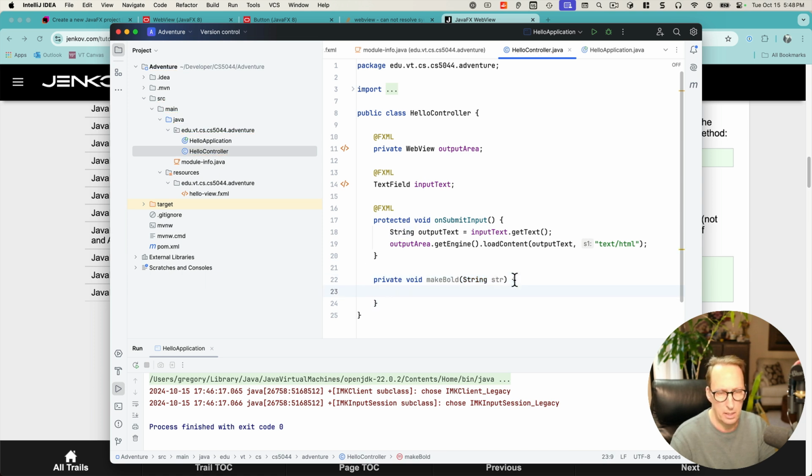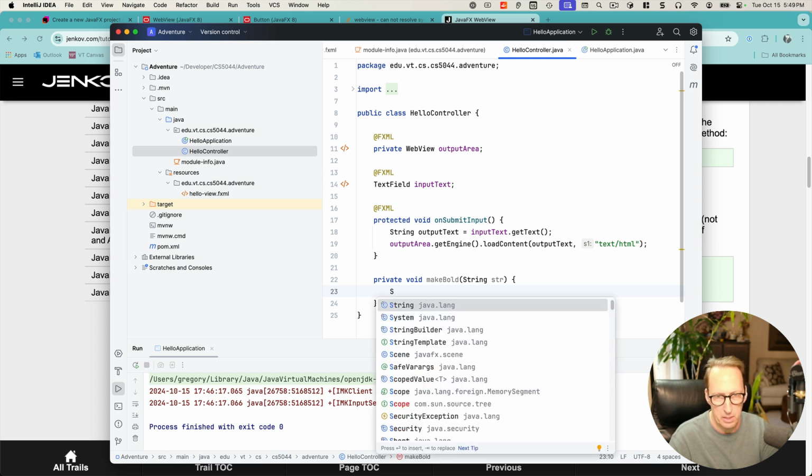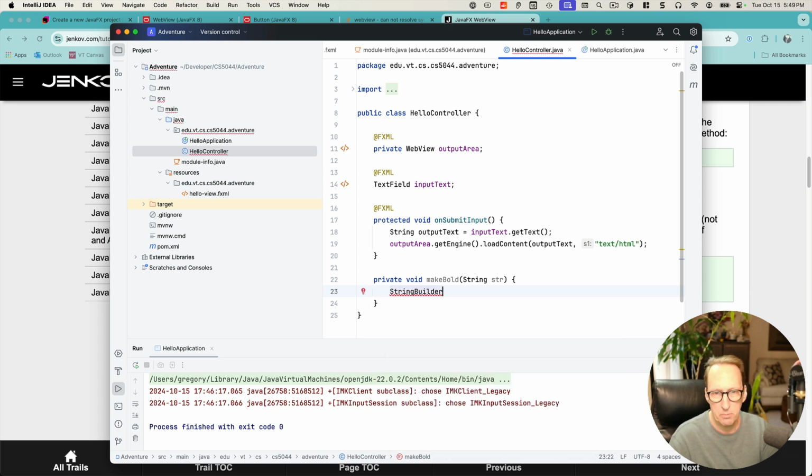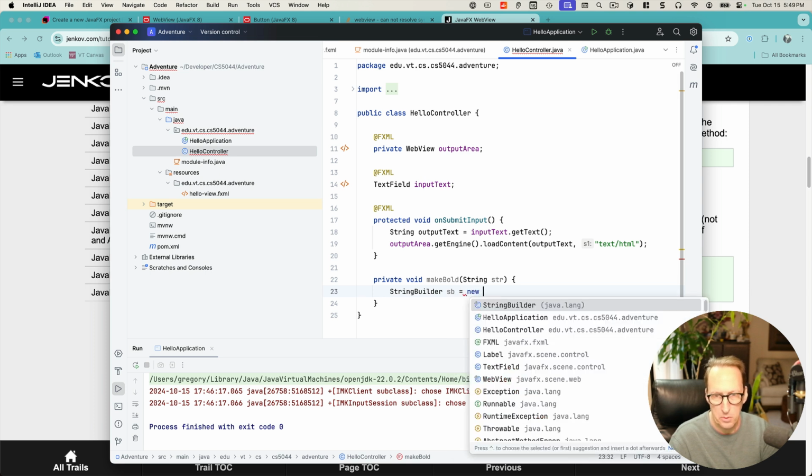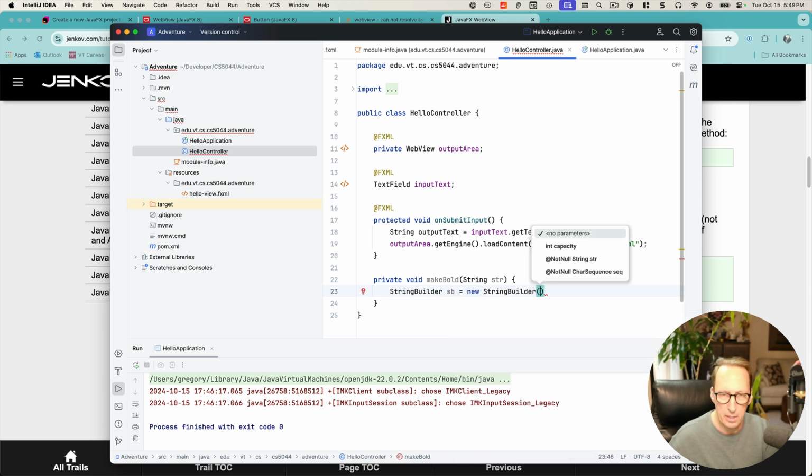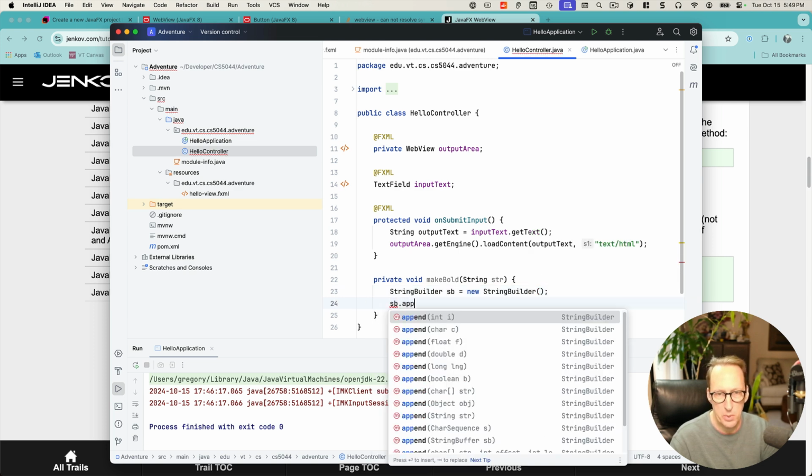Okay, and then to make something bold, I'm just going to surround it by, actually, anytime I'm creating a string, I've gotten very used to using a string builder. So that's what I'm going to do. I'm going to use a string builder. SB equals new string builder. And this is the builder pattern. And this is something that is good to get used to. Okay, and I'm just going to do SB append